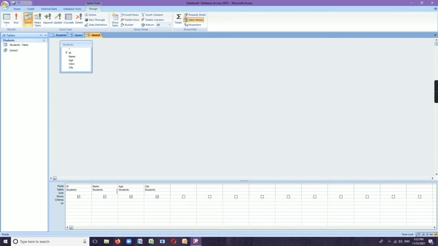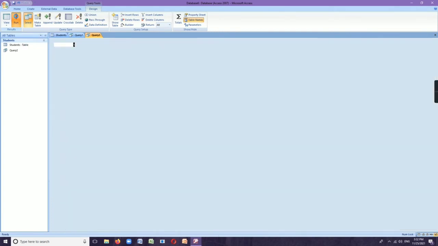So in the age field, I am going to apply the criteria. The criteria is, I want to see the details of students whose age is less than 13. So the details of the ID, name, age and city of the students will be available whose age is less than 13. So we are going to apply such a criteria.